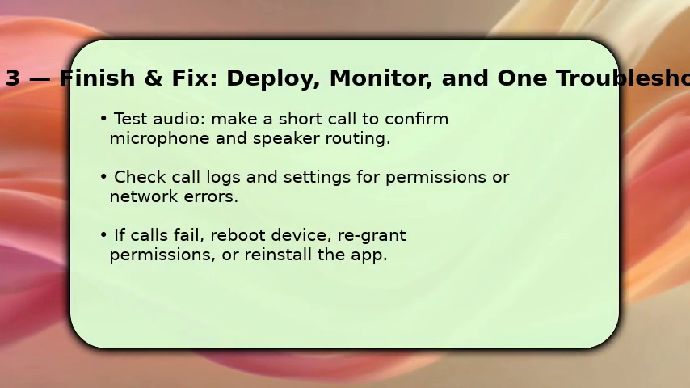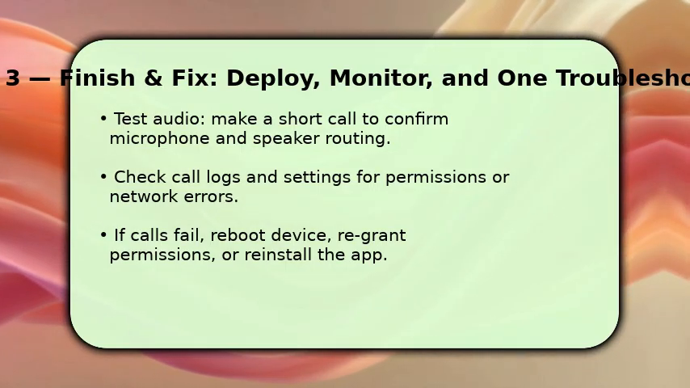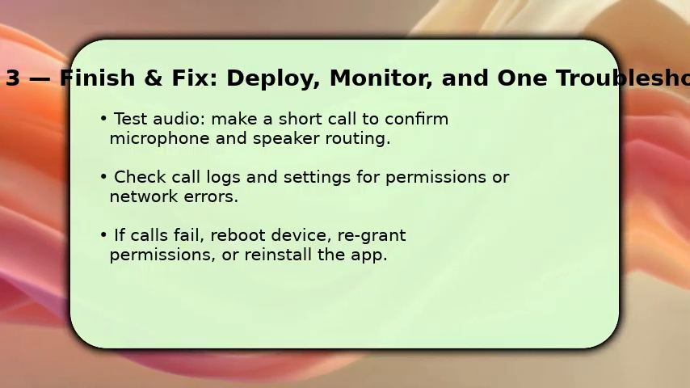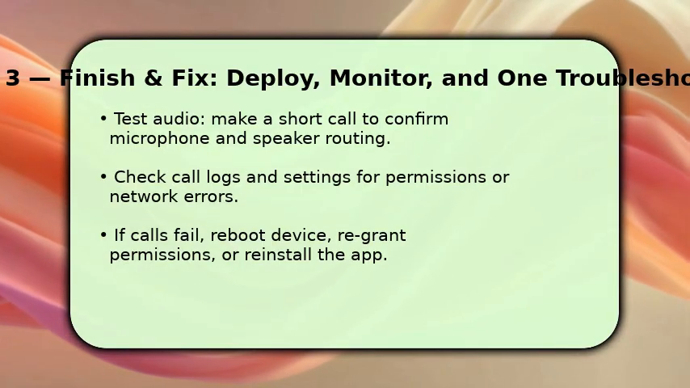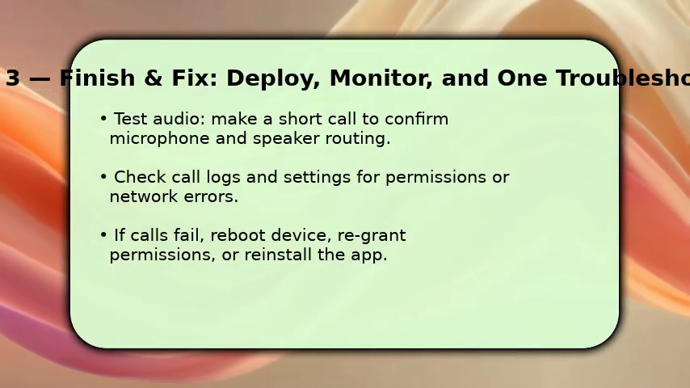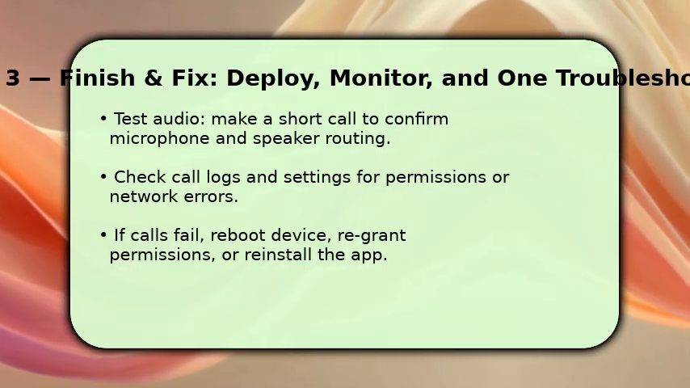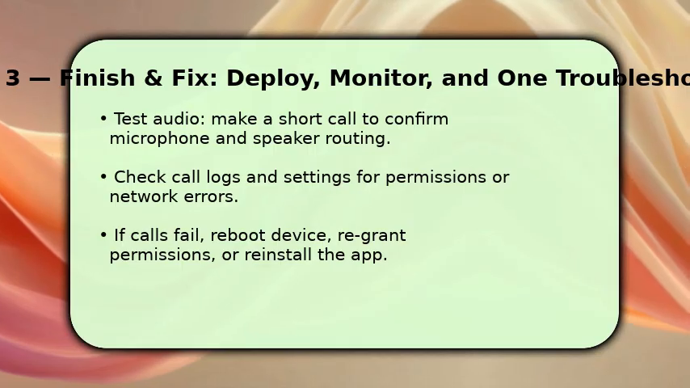Make a short test call to check microphone and speaker routing, then review call logs for expected entries. If you observe one-way audio or failed connects, inspect permissions and cellular or Wi-Fi status. These are common causes. If problems persist, reboot the device, re-grant call and microphone permissions, and, as a last resort,